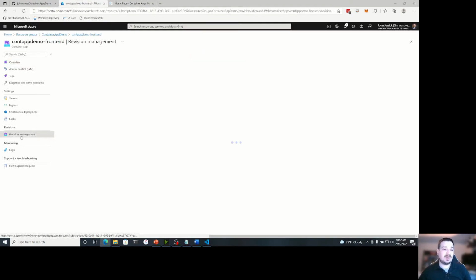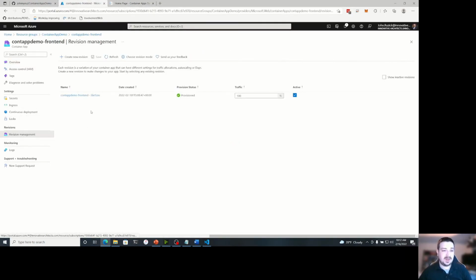And so what you'll see is under revision management, I've got a single revision, got 100% of my traffic going to it. So this is where, right from the portal, you can set up traffic splitting or A/B testing and a live cutover to a new revision. So right here from the portal, you can manage the traffic going to different revisions.